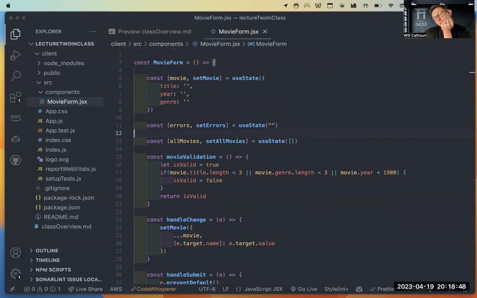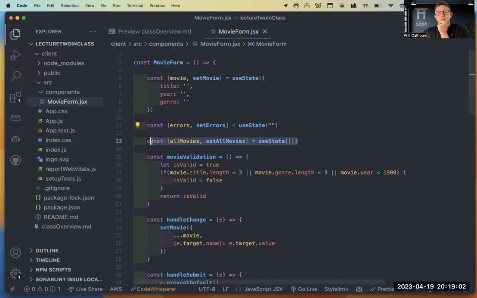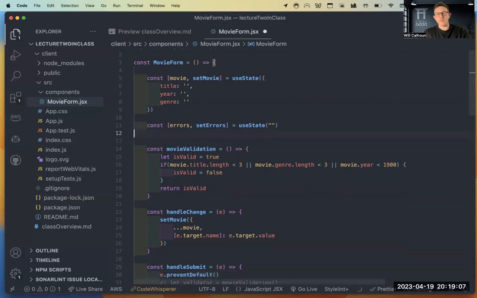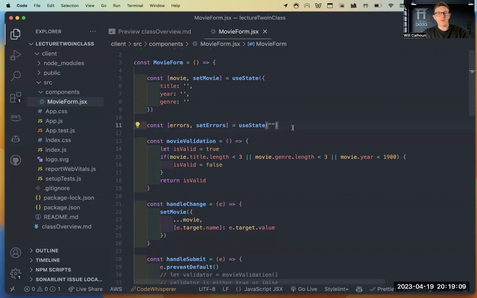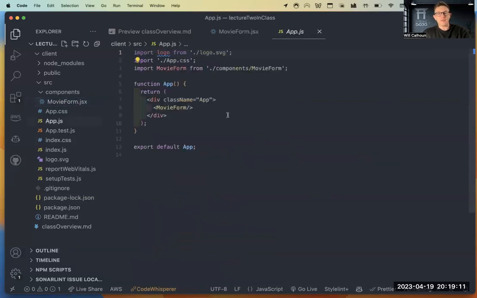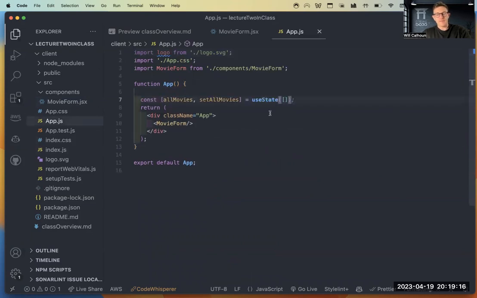Anybody have any idea? Lift all movies, yeah. So what I'm going to do is delete it from here, and then go into my parent and do the same thing. Perfect. Now my state is up here and I'm good to go.